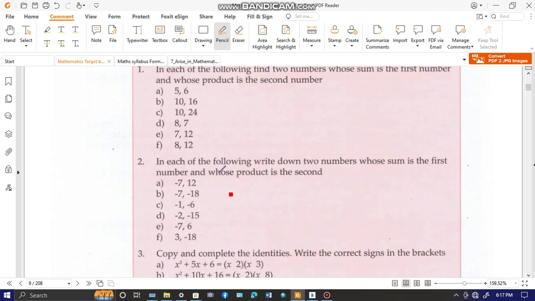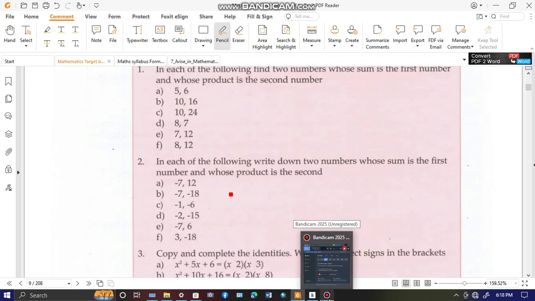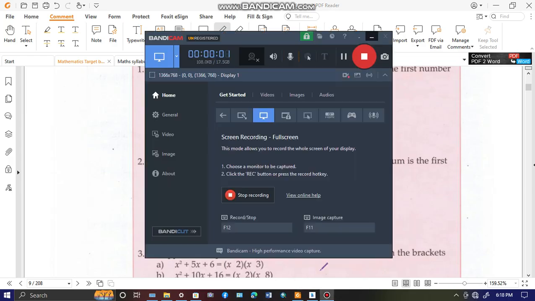So basically, we find numbers that when we multiply should give us 12, but when we add should give us negative 7. So when you have negative numbers, you have to go back to your knowledge of multiplication of negative and positive numbers. So just a recap of that,